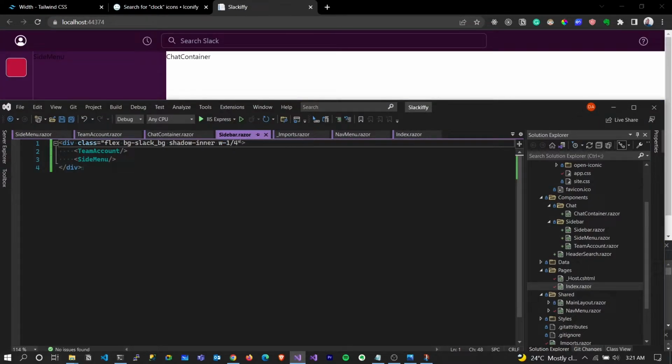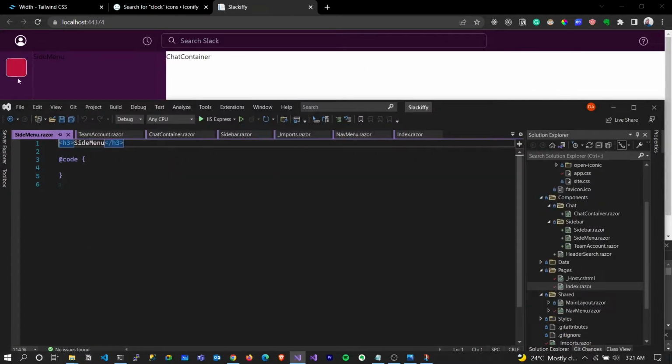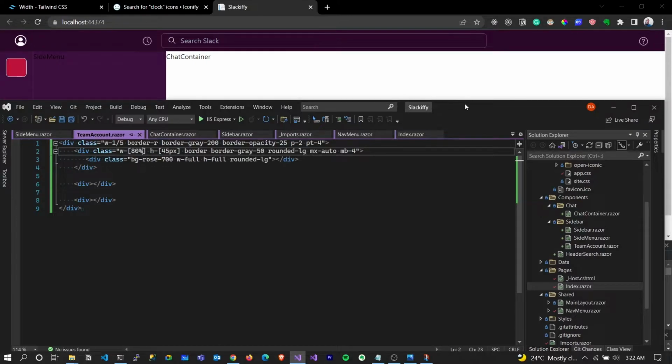All right, that works, guys. So I think it was when our compiler was misbehaving. Sometimes you might need to actually terminate the process and restart it again. All right, so we have this. Let's go back and